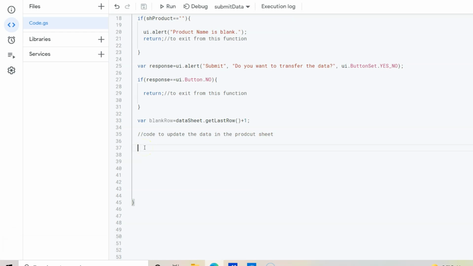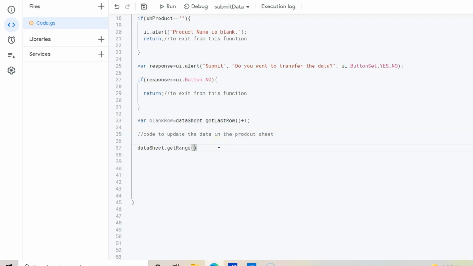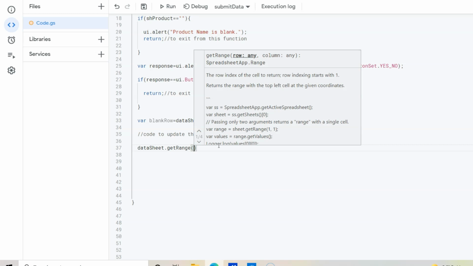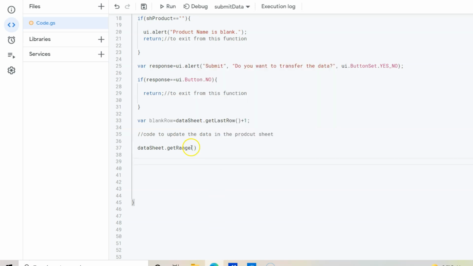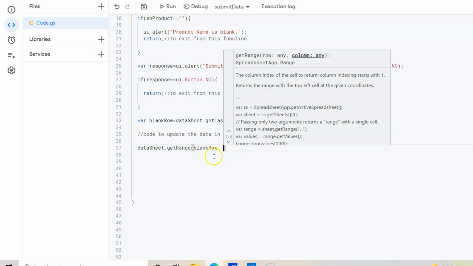Let's utilize the datasheet variable, so datasheet dot get range. In get range we need to pass two parameters, one is row and one is column. We have already stored the blank row here, so just pass blank row, and for column we will use